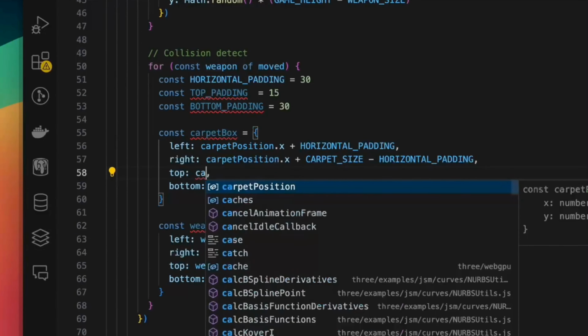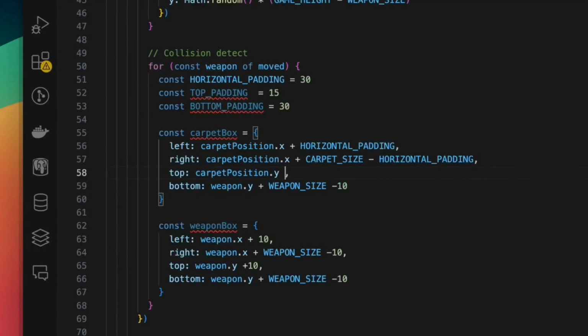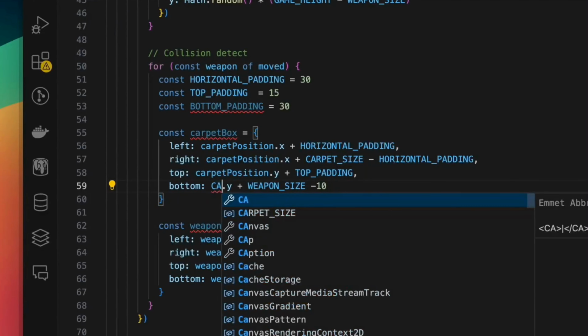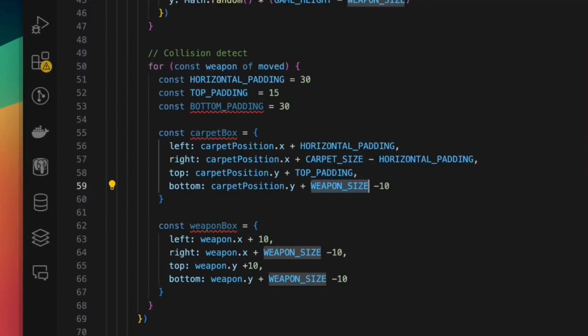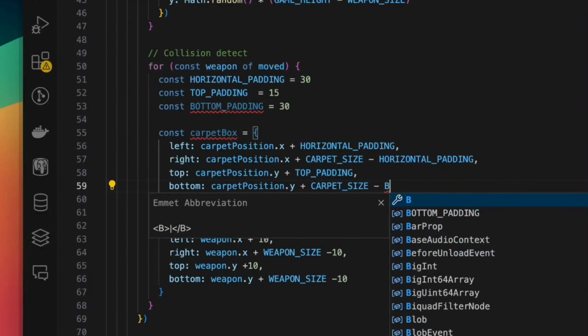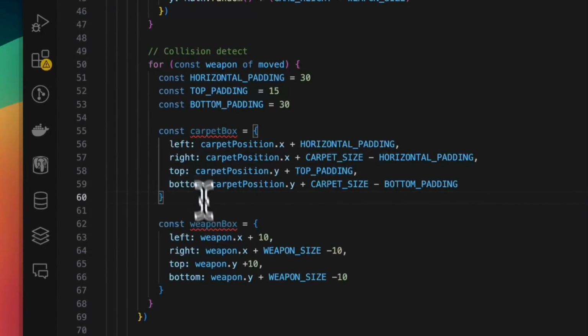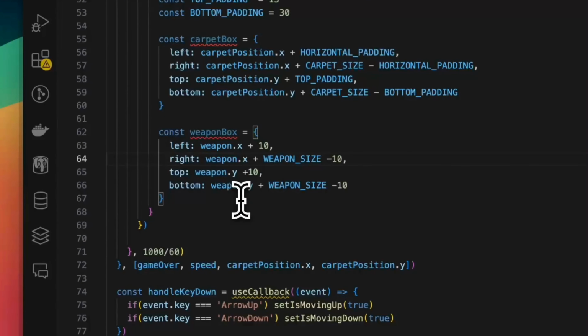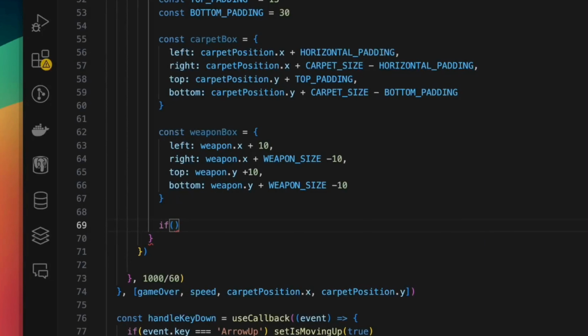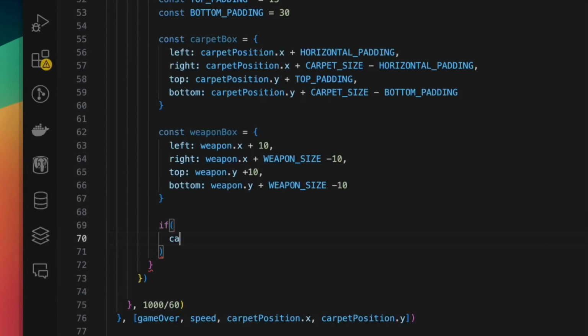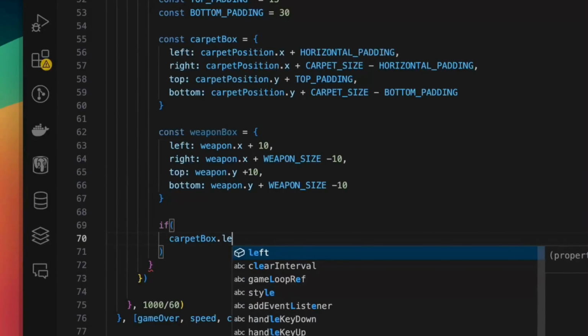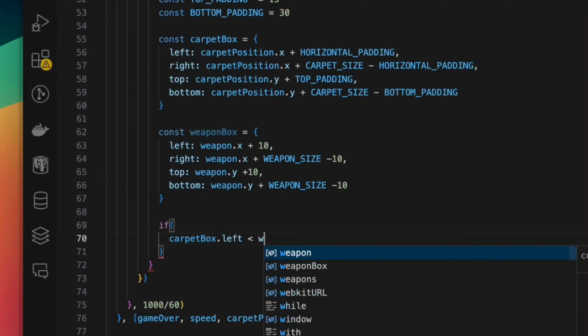For the top, again carpet position.y plus top padding, and then carpet position.y carpet size minus bottom padding. Okay. So this is a carpet box, this is a weapon box. Both are defined. Now we need to check for overlap, right? So let's come here and define an if condition. Now if condition, first of all we'll check if carpet box dot left is less than weapon